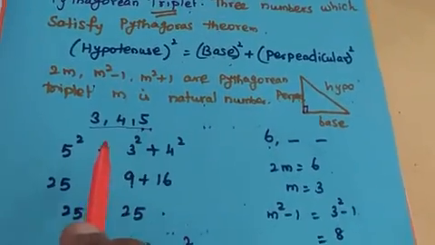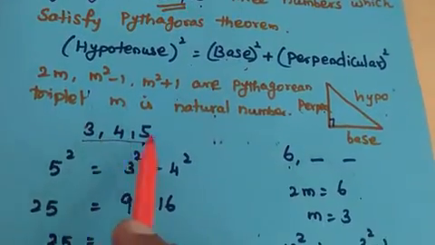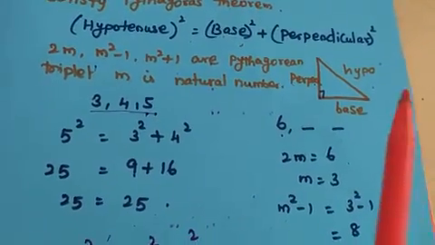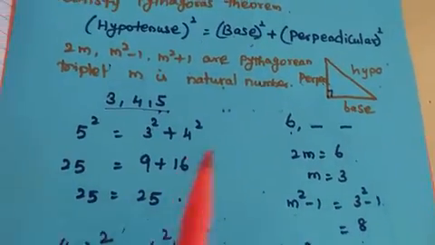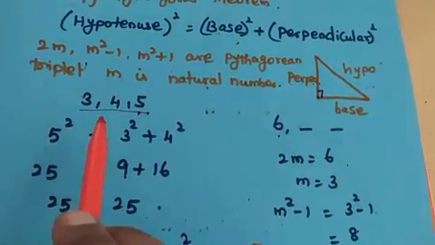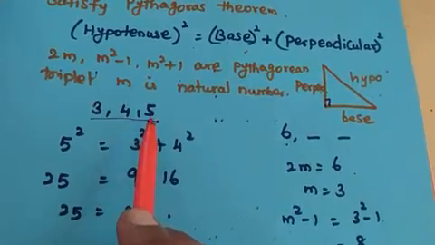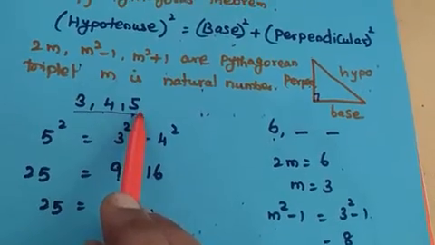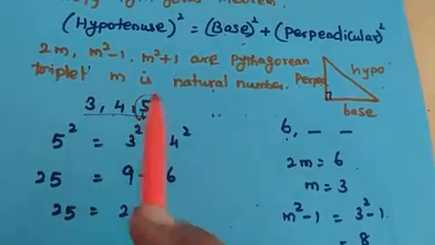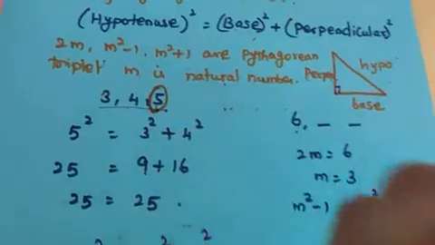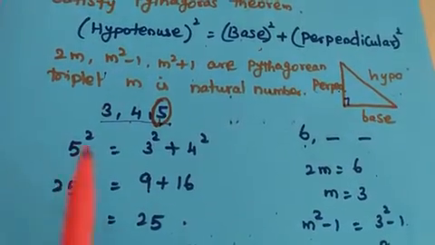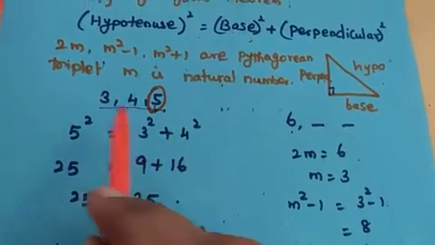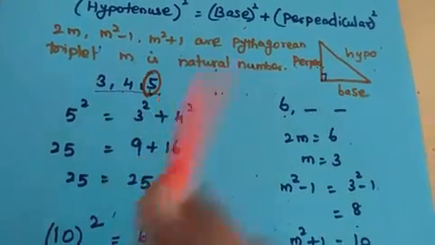For example, here I have taken 3 numbers, 3, 4, 5. We are going to verify whether it satisfies the Pythagoras theorem or not. Whenever we are given 3 numbers, among them we take the greatest number as the hypotenuse, right? So among 3, 4, 5, 5 is the greatest number. So I am going to select this 5 as the hypotenuse. So if 5 square is equal to 3 square plus 4 square, then we can say this is a Pythagorean triplet.